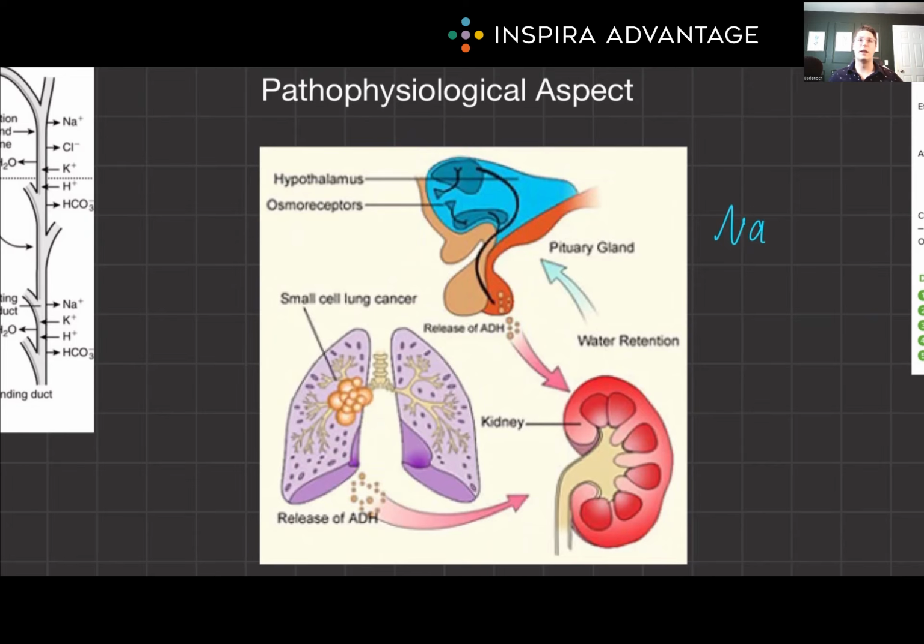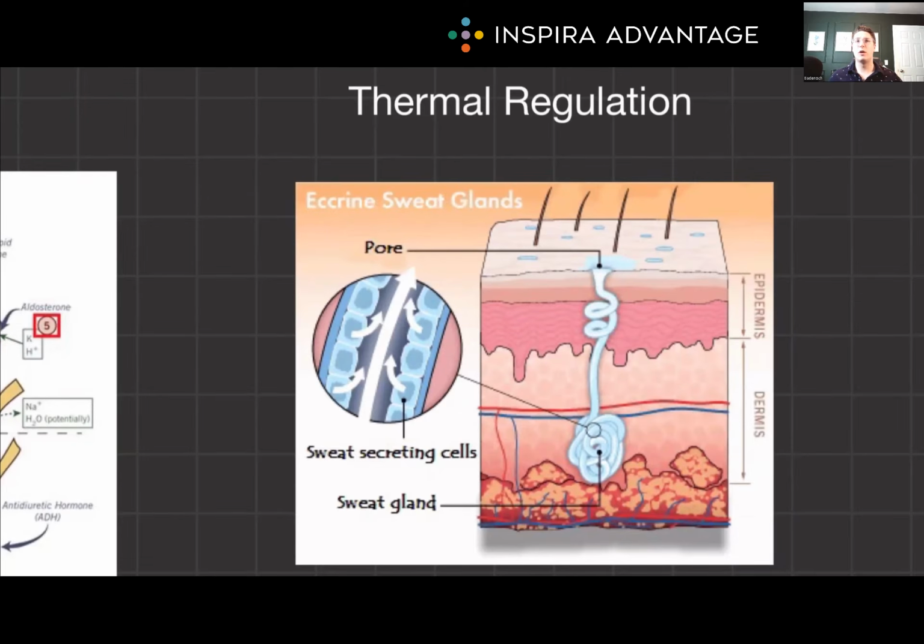While kidney diseases can impair filtrate production, affecting the body's ability to maintain fluid and electrolyte balance, often meaning we're not filtering enough fluid and the body essentially fills with water. Excretion also plays a role in thermoregulation. Sweat, produced by sweat glands, helps cool the body through evaporation. This process is part of the body's integrated response to maintain core temperature, showcasing the interconnectedness of excretion and osmoregulation